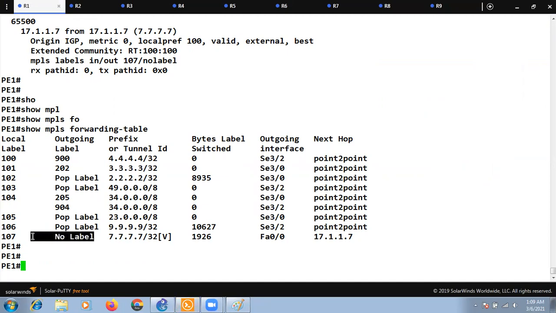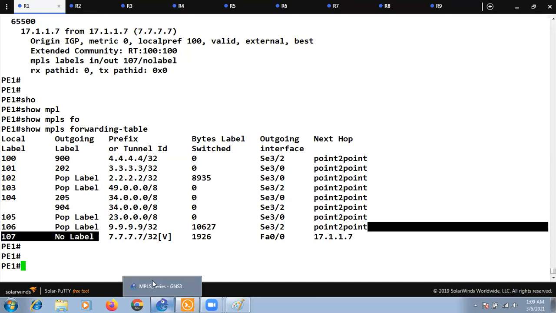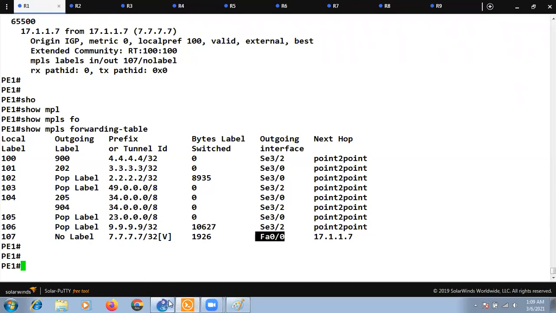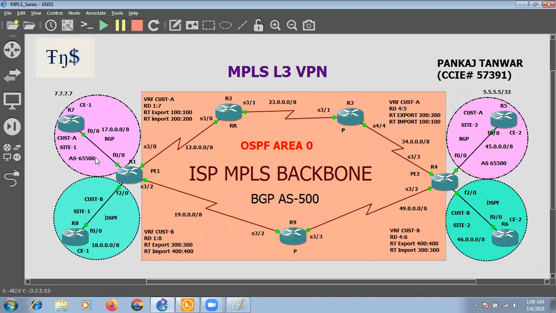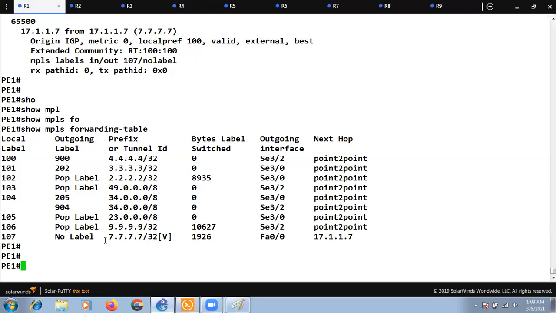It needs to remove the label because it knows that it needs to send this information to FastEthernet 0/0, where we do not have any MPLS. So it knows that this is the VPN label, it needs to remove it, and it needs to send this particular information to FastEthernet 0/0.